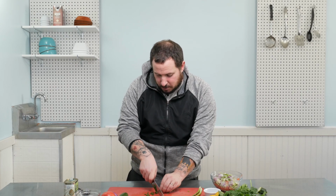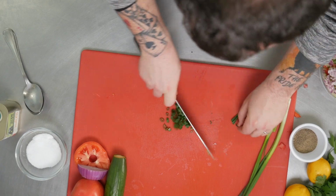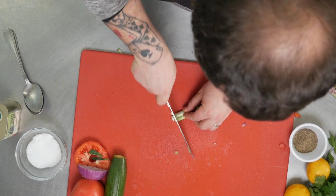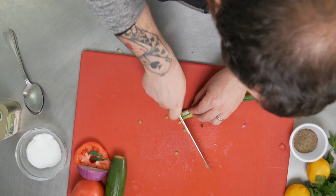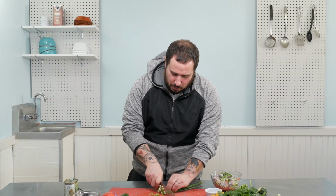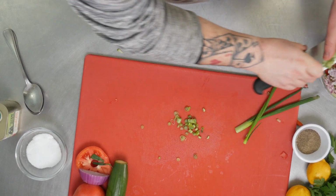It's funny, when the Chubby Chickpea Food Truck was out in the streets, for years, we always referred to our chopped salad as Israeli salad. It's just, we're Israeli street food. Growing up in my house, my dad would always call it Israeli salad. So we called it Israeli salad. And then I saw the documentary Breaking Bread, which is about a very cool food festival in Israel that takes Palestinian chefs and Israeli chefs and pairs them together. And a big talking point was about calling that chopped salad Arabic salad, because again, it's an acknowledgement that that salad belonged to a lot of Arabic cultures around Israel prior to